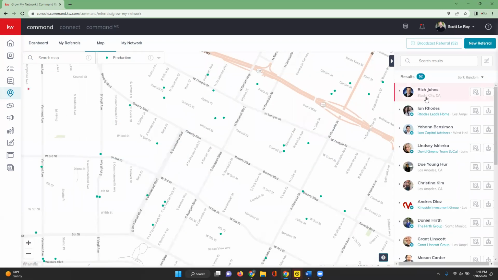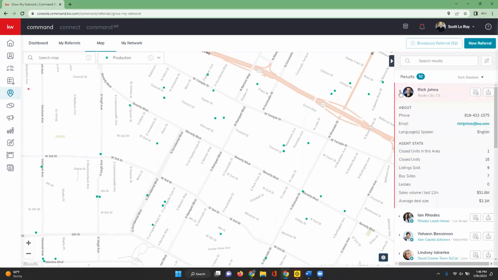All right, there we go. So let's say we want to see more information on Rich. We can click on the drop down and it's going to give us a brief overview of his About Me and his agent stats. So we can see really quickly if this agent is going to work for the referral that we're looking for. So if we know right off the bat we wanted to send him a referral, we can add him